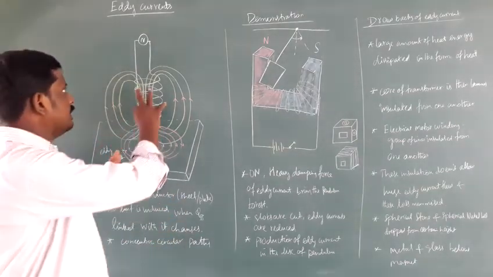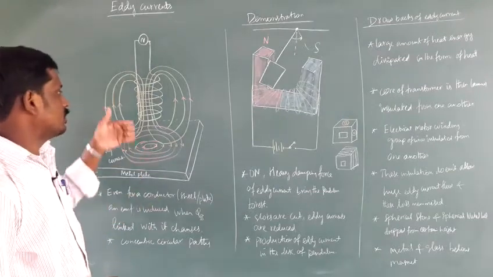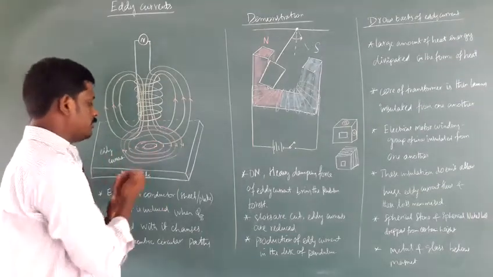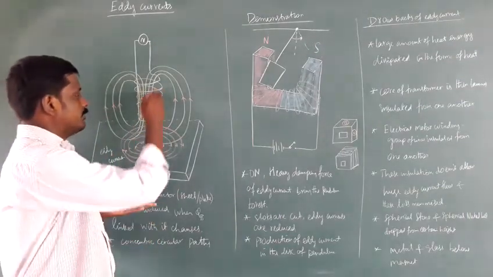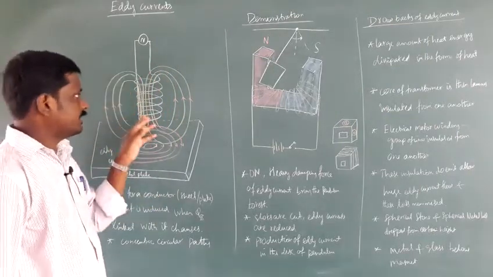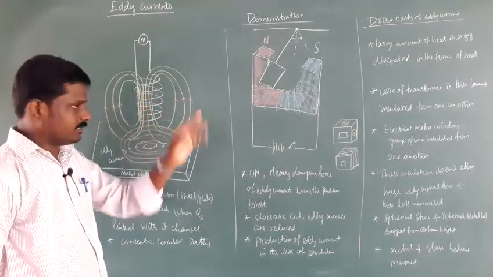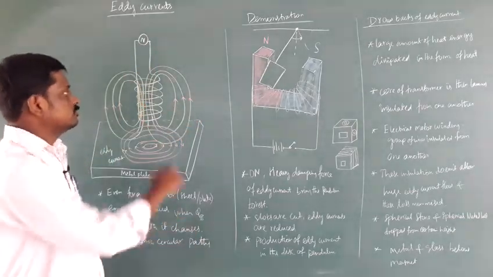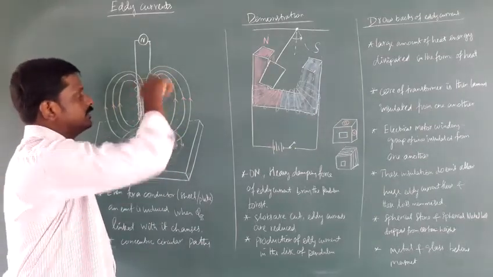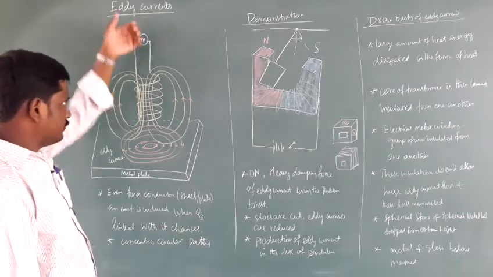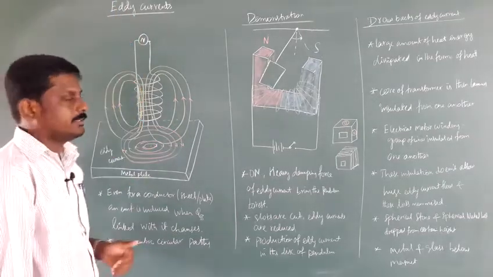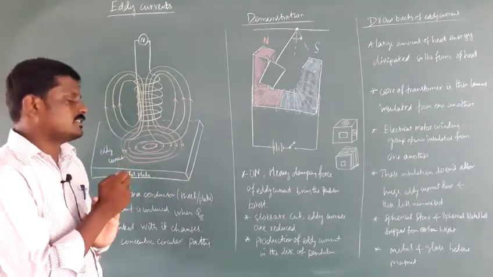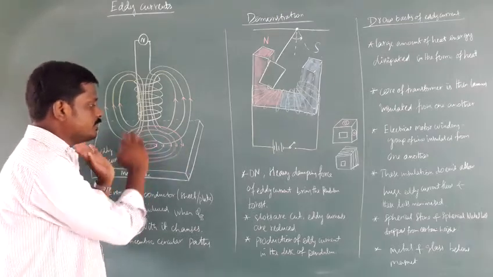Now the coil is connected with alternating current. When the coil is switched on, it is near a metal plate. We already know that for a current carrying conductor, the direction of current flow and the direction of the magnetic field are perpendicular to each other, and the magnetic field lines surround the conductor. If you move the coil towards the metal plate, there is a change in magnetic flux linked with the metal sheet, so an induced EMF is produced in the conductor.